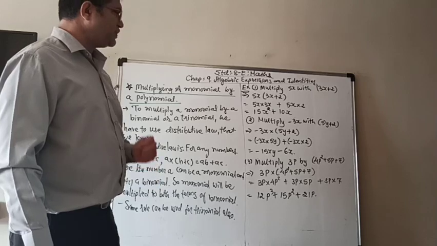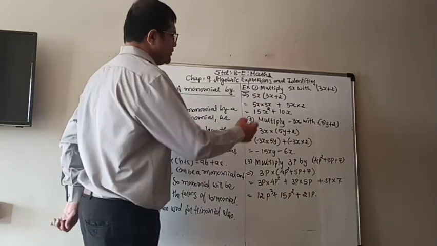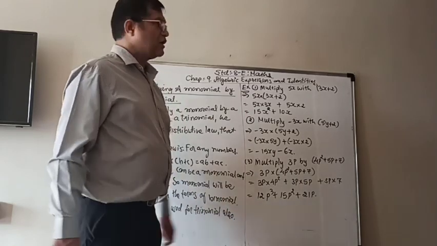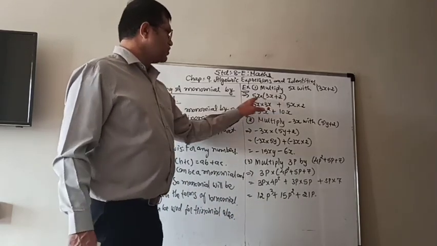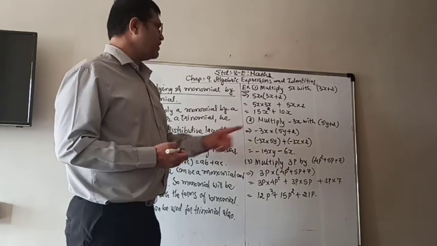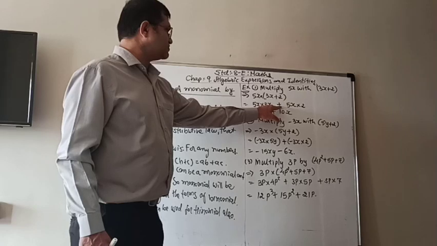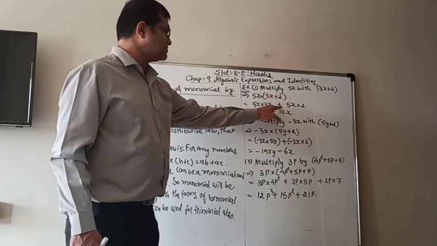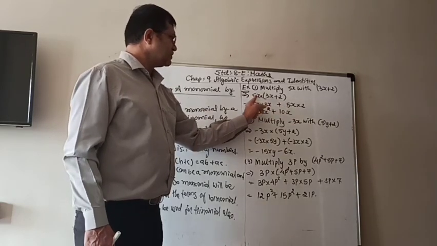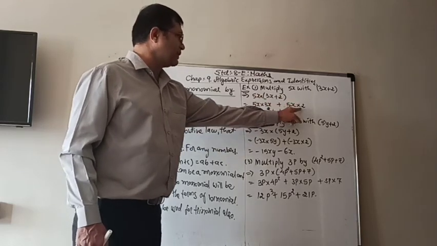Multiply 5x with 3x plus 2. So we write down 5x. If you write down the multiplication sign or do not write it, it is not important. So 5x into bracket 3x plus 2. This is a monomial, and this is a binomial having two terms. So now 5x will be multiplied with both of them: 5x multiplied by 3x plus, here it is a plus sign, so plus; if it is a minus sign you have to write minus. 5x multiplied by 2. So 5x is distributed to both of them. So 5x multiplied by 3x plus 5x multiplied by 2.